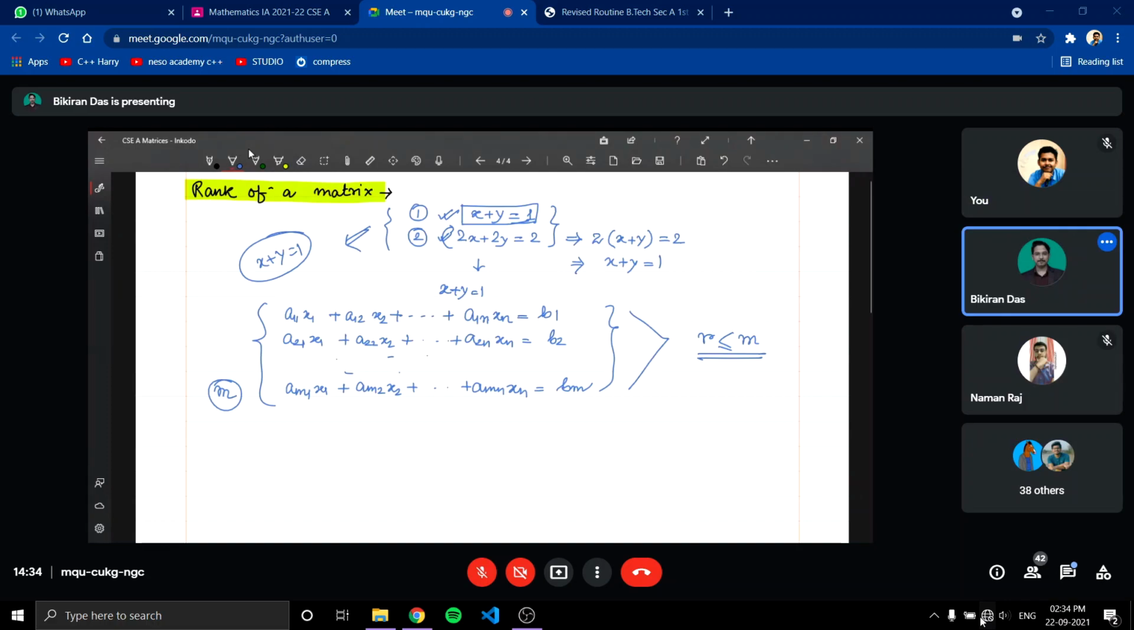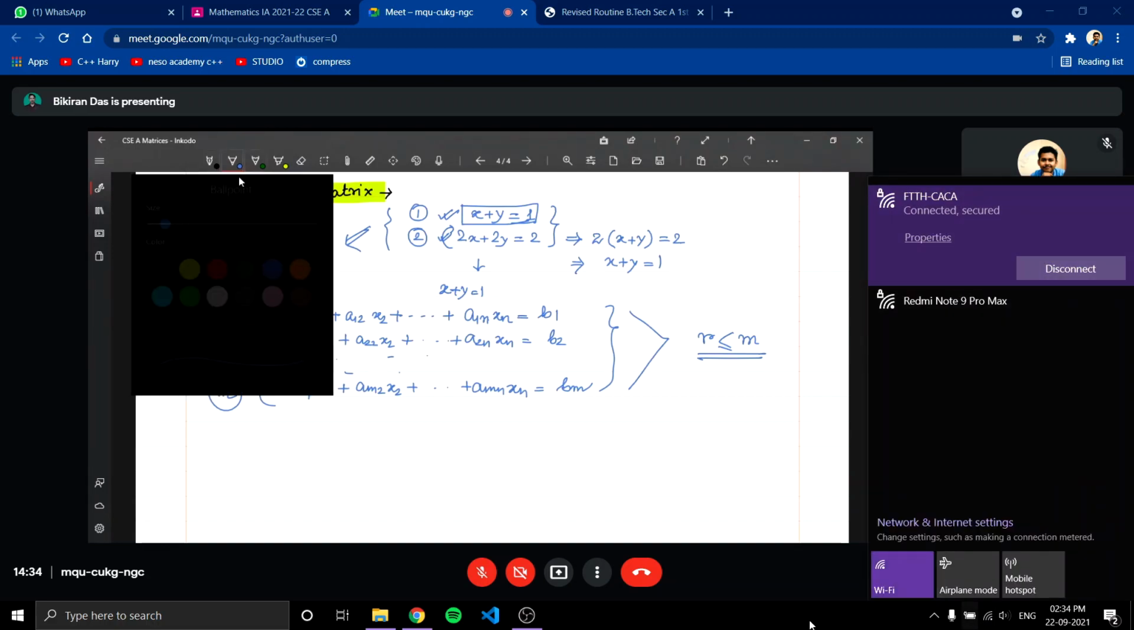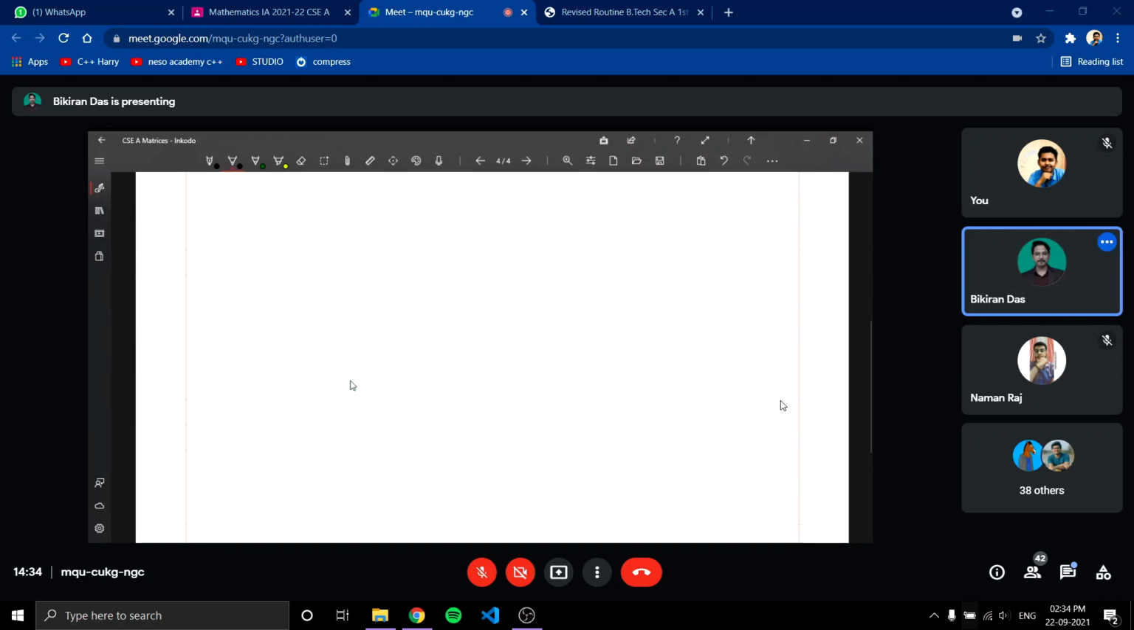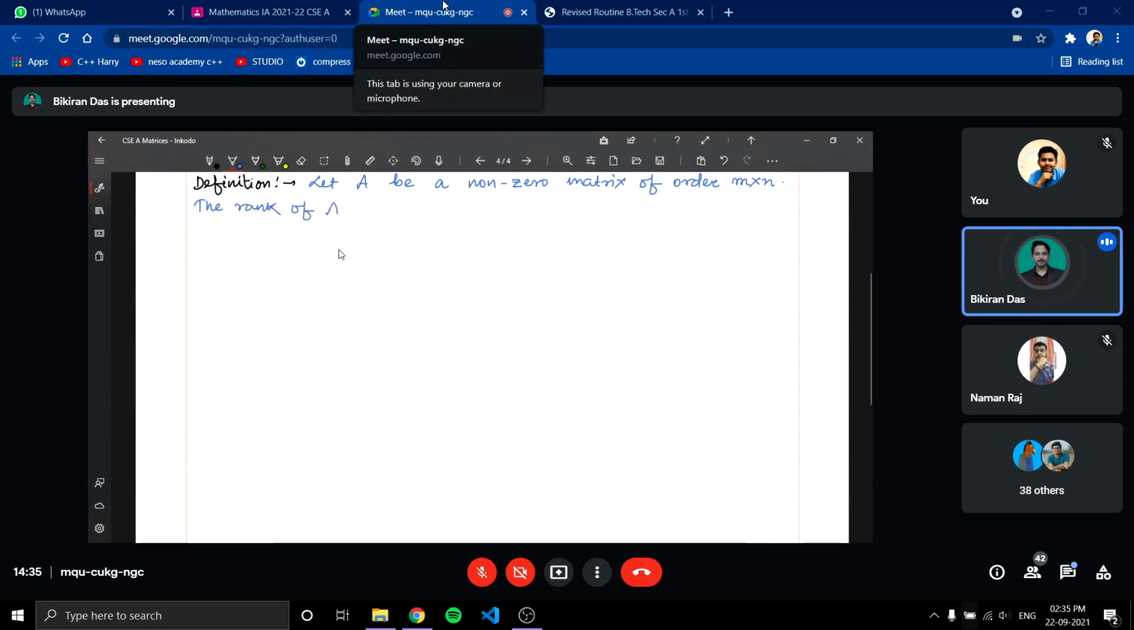So the definition is like this. Let A be a non-zero matrix of order m cross n. The rank of A is defined to be R